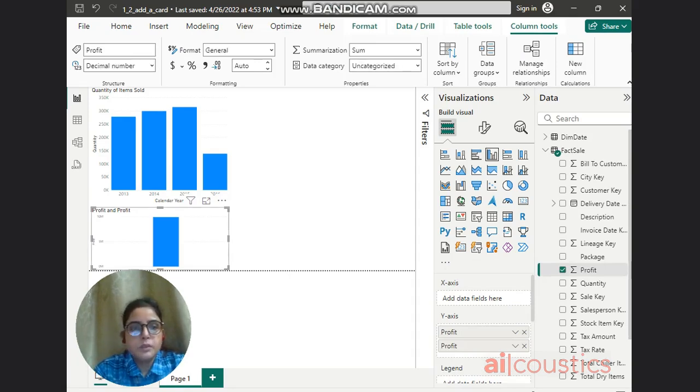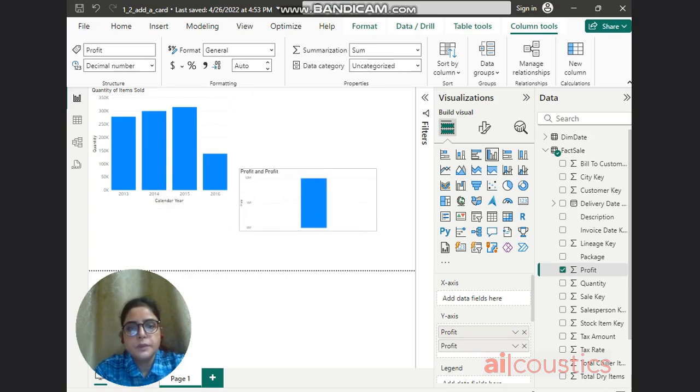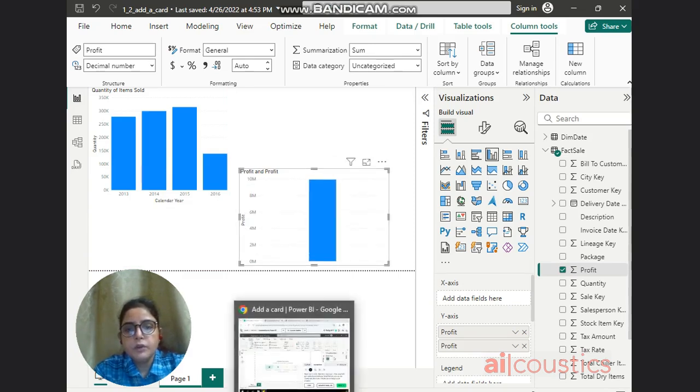So you see the bar chart has been created. Let's put it here and just enlarge it like this. And then follow the next instruction.